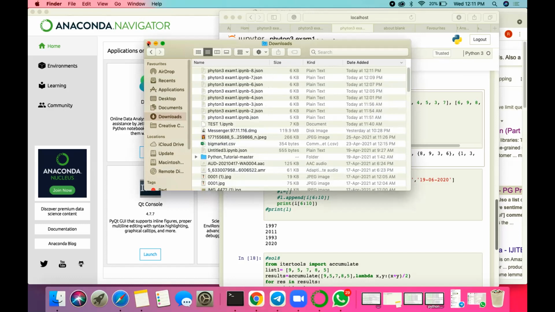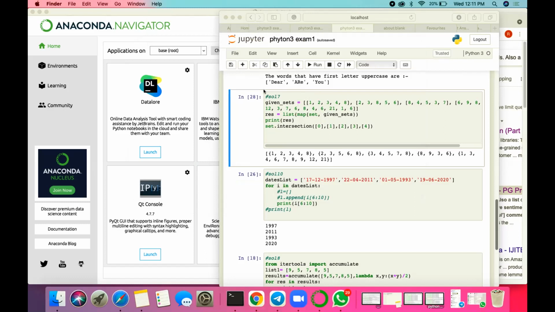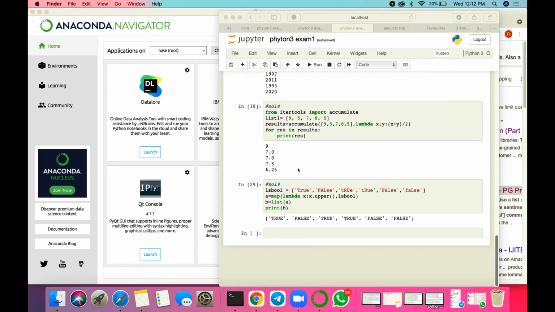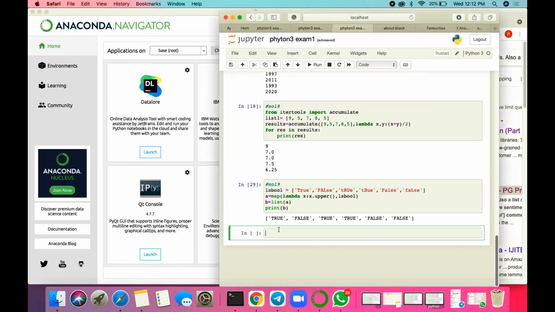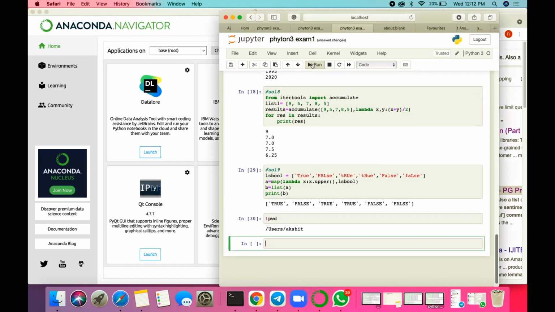Go to your notebook once. Where is this notebook saved originally? Do you have any idea? No. Okay, I'll tell you how you can find out. At the end, just create a new cell. Write import os. Oh, not import os, just put an exclamation sign, and write pwd. Just run this. So it's in the user folder. Okay. So can you go to this particular folder?